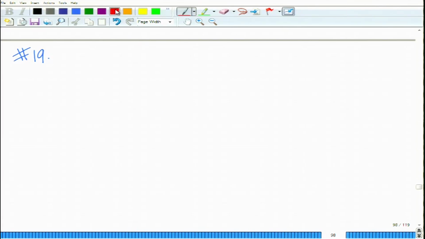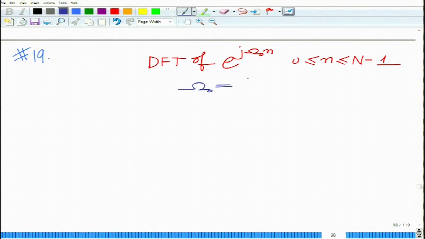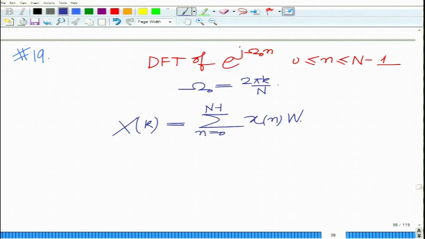Example number 19: we want to find the DFT of e raised to j omega naught n, for 0 less than or equal to n less than or equal to N minus 1, under the condition that omega naught is not equal to 2 pi k over N. In this case, X[k] equals the summation from n equal to 0 to N minus 1 of x[n] W_N